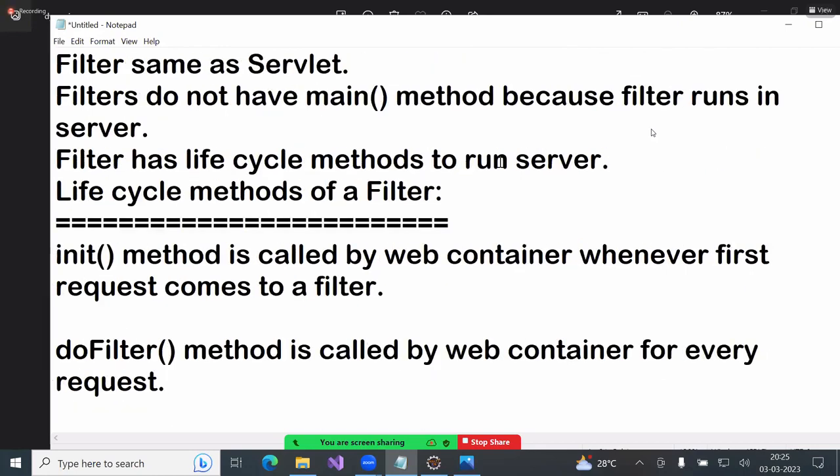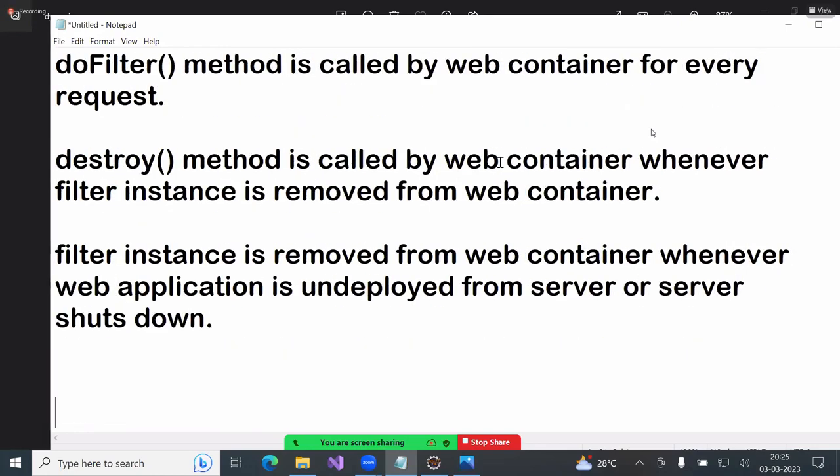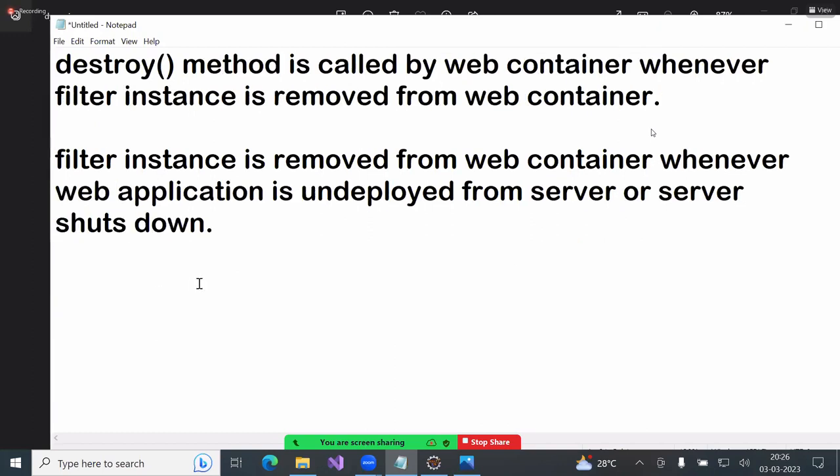See, lifecycle methods of a filter: init, doFilter, destroy. Init method is called by web container whenever first request comes to a filter. DoFilter method is called by web container for every request. Destroy method is called by web container whenever filter instance is removed from web container. Filter instance is removed whenever application is undeployed or server shuts down. So same notes are there, no servlet type. Now, is it over? Next,